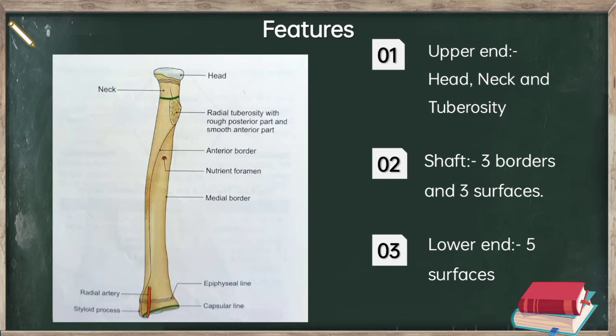The lateral surface is prolonged downwards to form the styloid process. Medial surface is occupied by ulnar notch for the head of the ulna. Now the last surface, fifth surface is inferior surface. There is a triangular area for the scaphoid bone and a medial quadrangular area for the lunate bone. This surface takes part in forming the wrist joint.